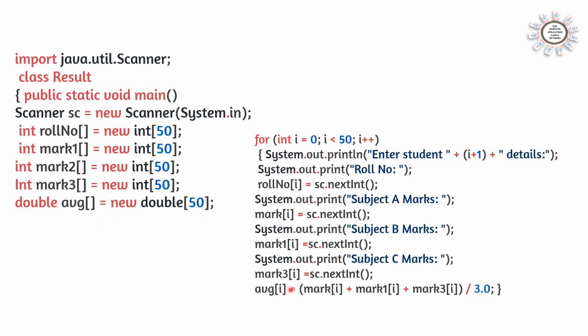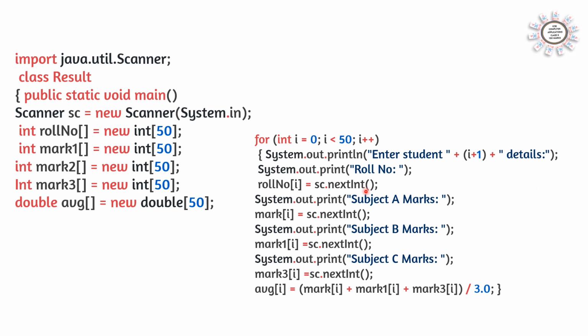In this case, we are giving the message inside the loop. So here we can start for int i is equal to 0, i less than 50, i plus plus. First time i is 0, and it will go till i is 49. And here System.out.println enter student i plus 1 details. That means it will show i was 0 in the beginning, so 0 plus 1, that means enter student 1's details. Then enter student 2's details, enter student 3's details. Like this it will come.